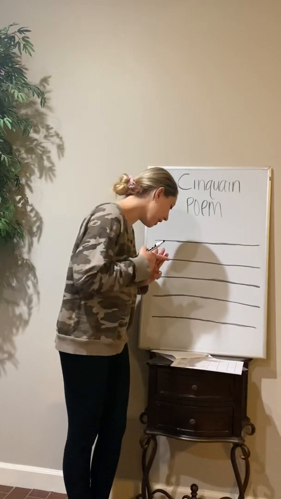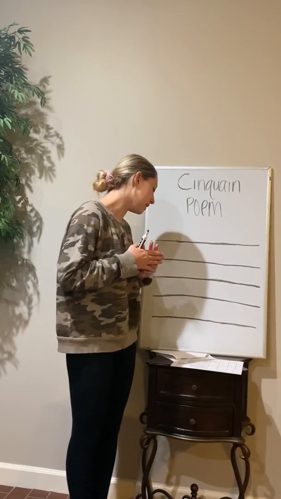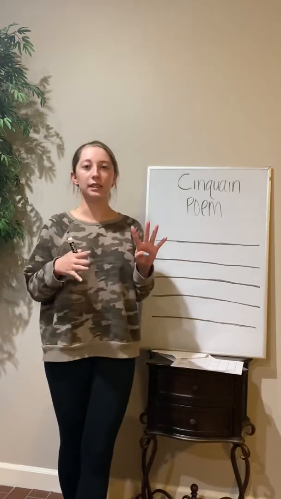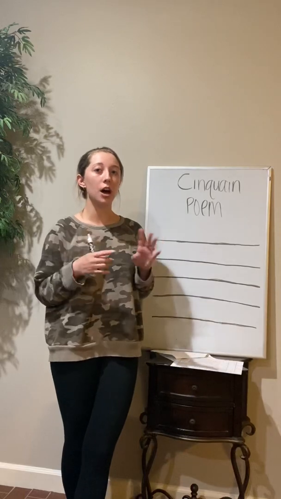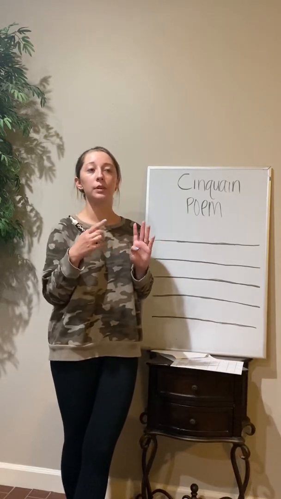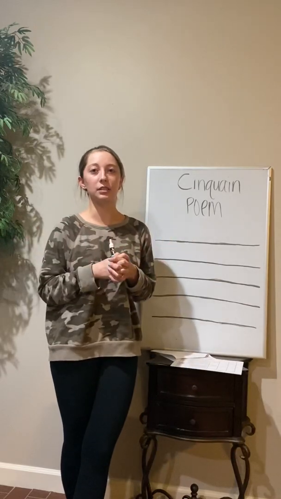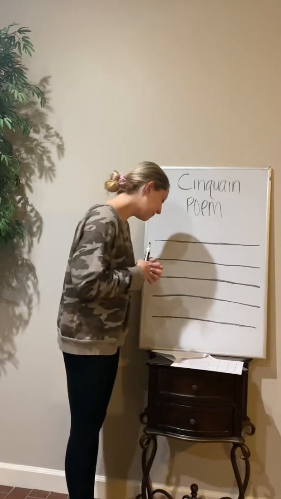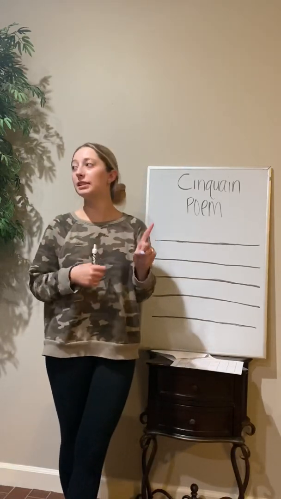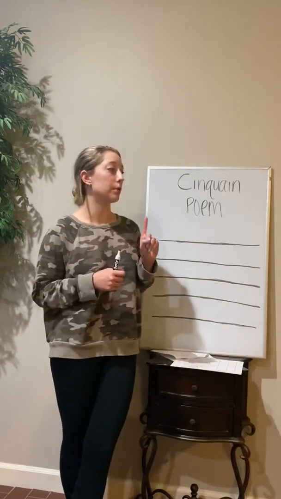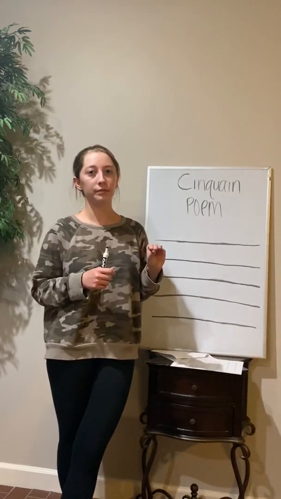On your fourth line, that will contain four more words that express feelings about the title, and this can be a phrase. Like if you're talking about yourself and you like to shop, you could say loves to shop, or you could say loves to have fun. Things like that, just a simple phrase about that topic. And then your fifth line will contain one word, and that will be a synonym for your topic word. Whatever you used on the first line, it will be a synonym for that word.